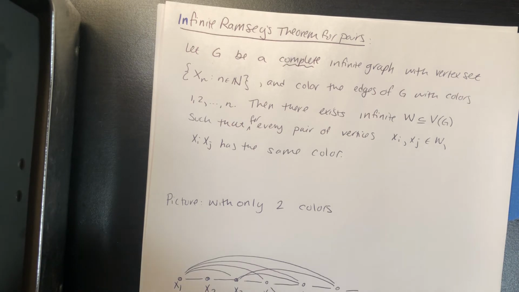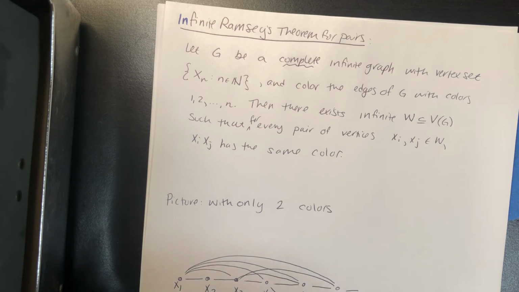And if we color the edges of G with the colors 1 through n, then there exists an infinite subset of those vertices, such that for every pair of vertices x_i and x_j in that infinite subset, x_i and x_j have the same color. We call this a homogeneous subset because every pair of vertices in this subset are colored